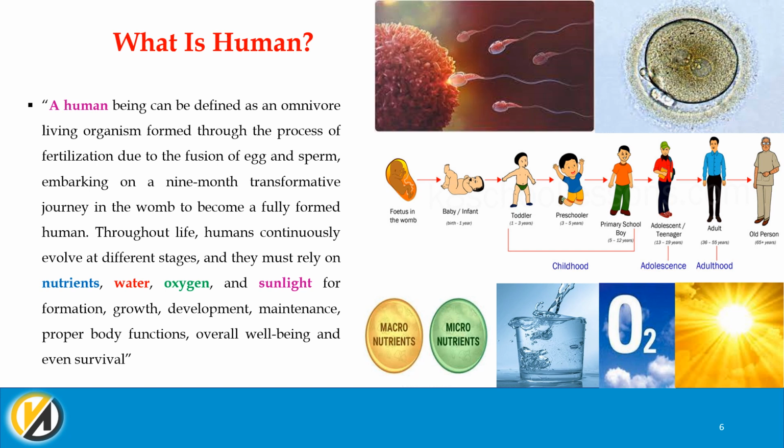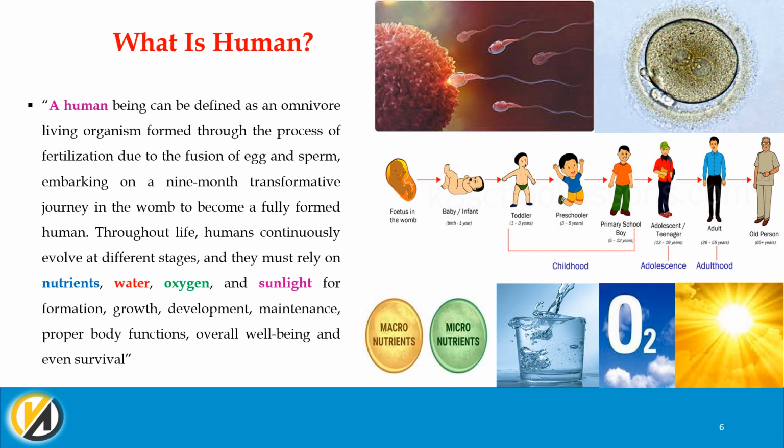Even at this stage, certain nutrients are very, very vital. To mention one, folic acid is very important for cell division and proliferation. So any shortage in folates or other nutrients will have a huge impact on the formation of the human being, which results in some deformations such as neural tube defects.